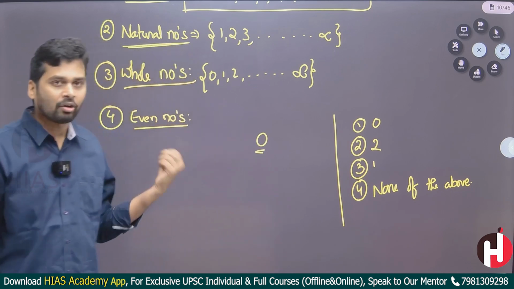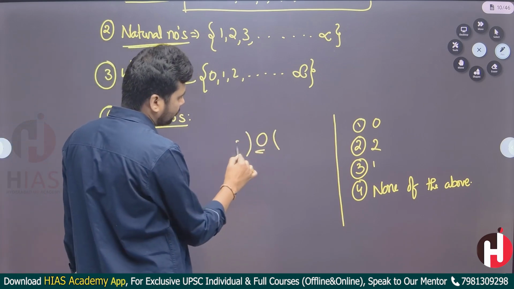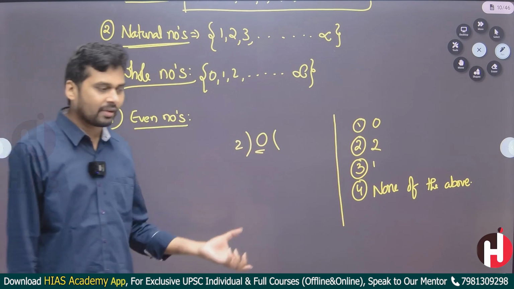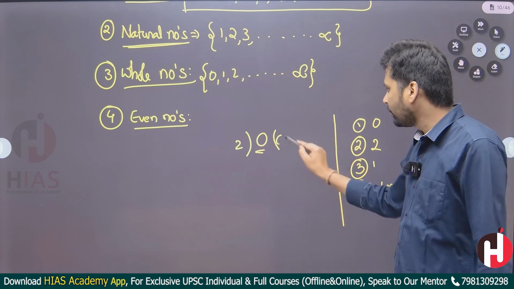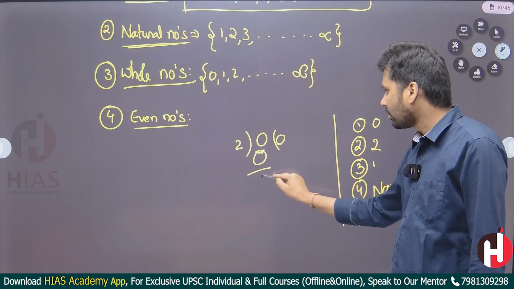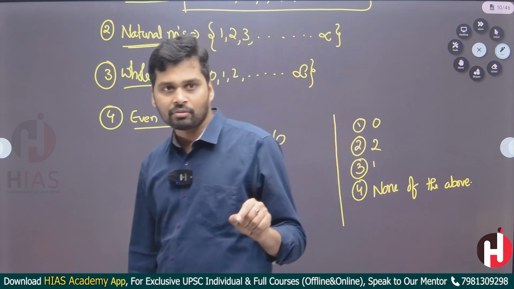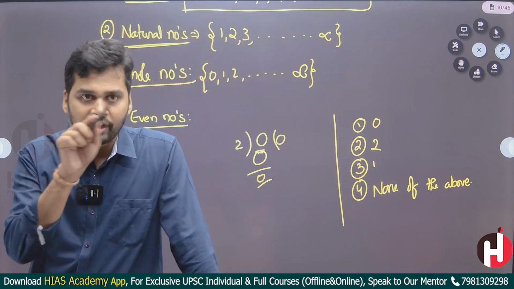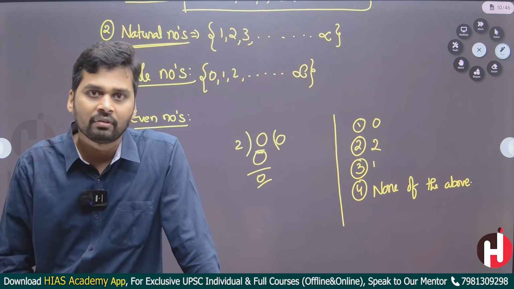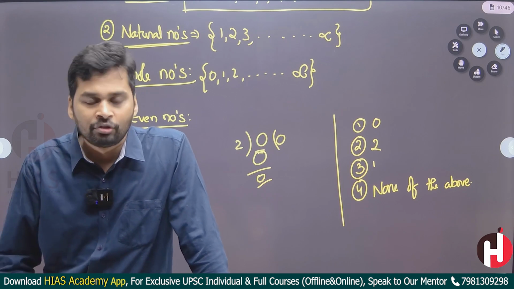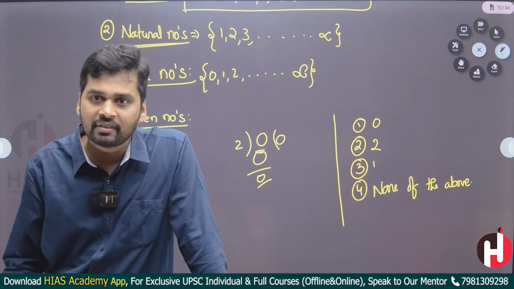I have a doubt regarding this 0, whether it is an even number or an odd number. Now you divide this 0 by 2. The even number definition is: any number which is perfectly divisible by 2. So 2 zeros are 0, right? 0 minus 0 is 0, no? We are getting the remainder 0. So if I divide 0 by 2, the remainder is 0 only, which means as per the definition it is true, right? Now tell me, can I consider it an even number? Yes, it is even.